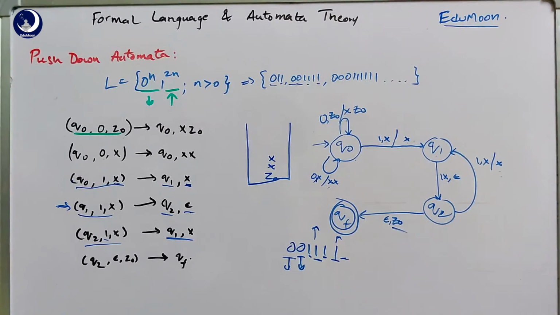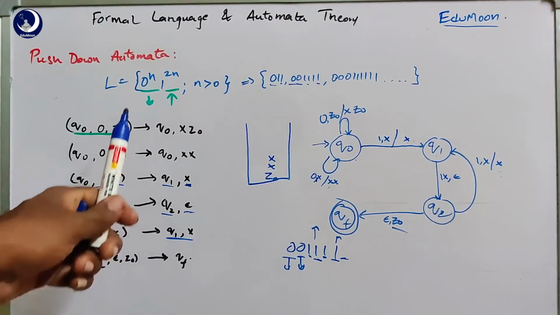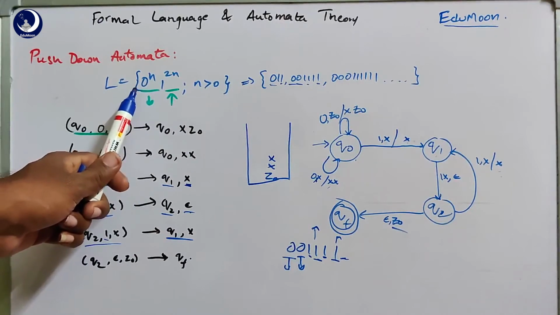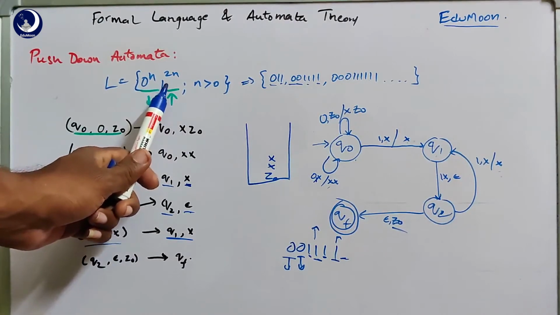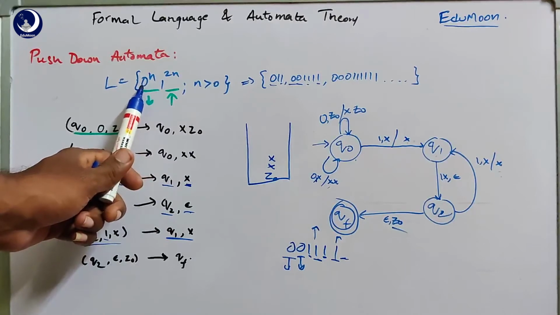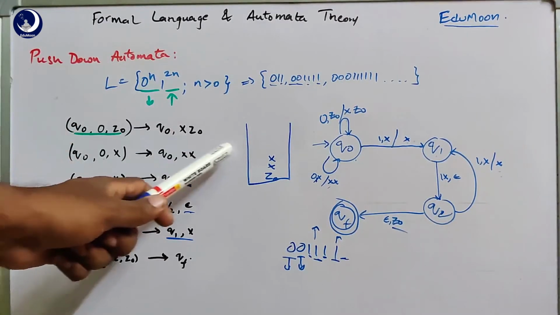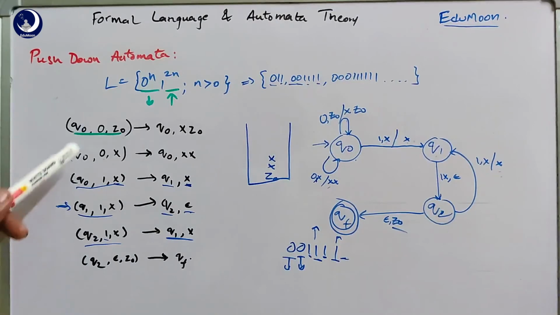So the question here is how we push the elements and how to pop the element. From the logic of the given question, there will be n zeros followed by 2n ones. So if you push all the zeros, then we need to pop for alternate ones, or the other way we can implement this is, for each 0 we can push 2 elements into the stack. That is, when a 0 is encountered, we push 2 elements into the stack and we pop for every one. That is the other method we can do.